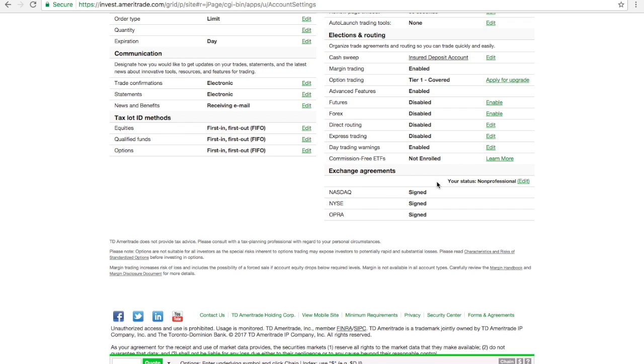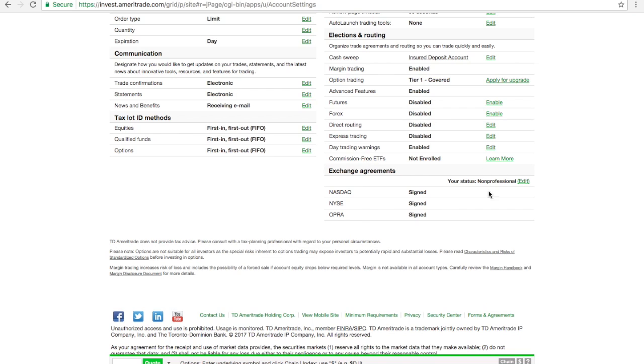And by going here, you need to make sure that your status is labeled as a non-professional. If it's not labeled as a non-professional, make sure you click edit, or if it gives you a number, go ahead and call. And if you're not a licensed broker, then that means you're a non-professional. And I want to make sure that you guys are aware that once you guys are marked or labeled as non-professionals, you guys have access to live quotes as well as live news and non-delayed, right, like real-time quotes for